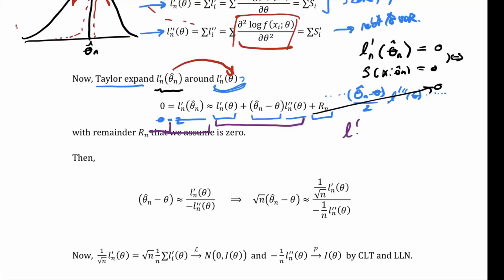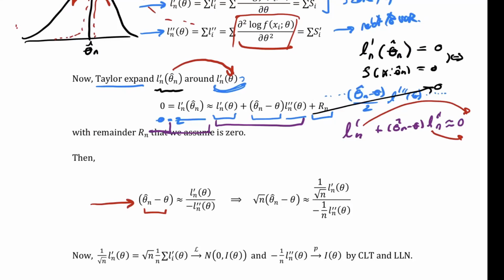So I get L prime n plus theta hat n minus theta, I'm just rewriting this thing, L double prime n is approximately 0. Well, what I can do is swing this guy over to this side and divide through by there. And that's what this is. Okay, so now I have the MLE minus the truth, how far you are away from the truth, is roughly